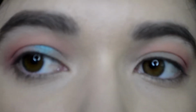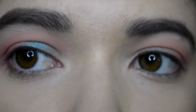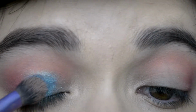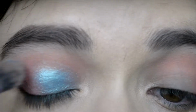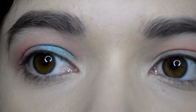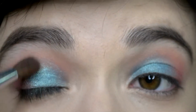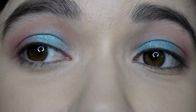Wow. Ooh, that's pretty. I'm just putting that all on that blank lid space we have. Ooh, that's really pretty. I'm just gonna blend all those edges. That looks super cool. Oh, this camera is not doing it justice. It looks cool. All right, for the lower lash line, I'm just gonna take Coastline for the lower lash line